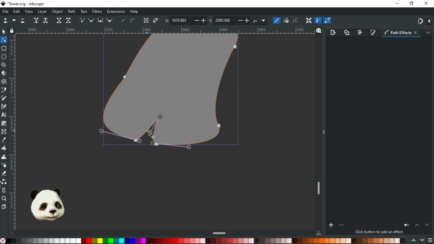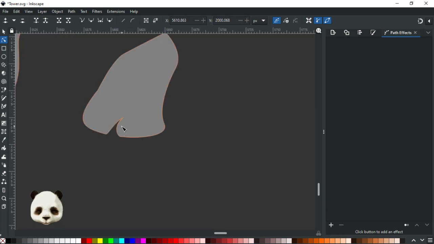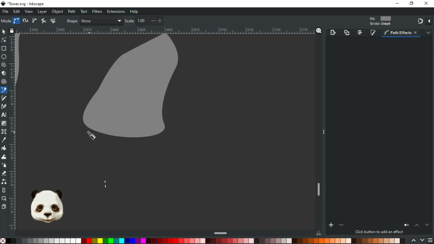Maybe I shouldn't have messed with those handles. Kind of want to make it something like this, but it doesn't look good. I'm gonna remove this and I'm gonna come here and do something like